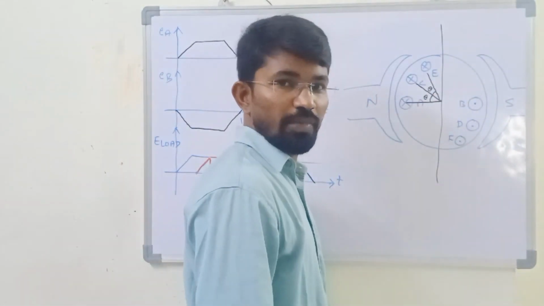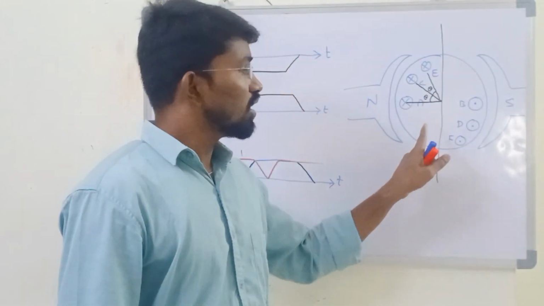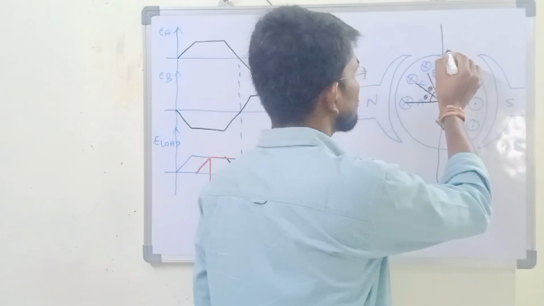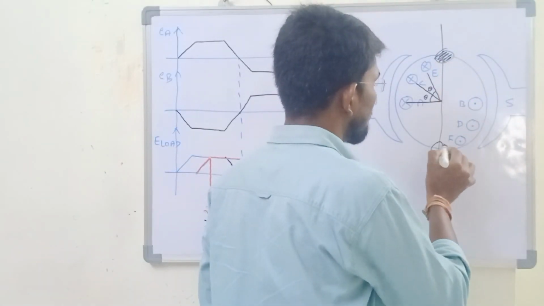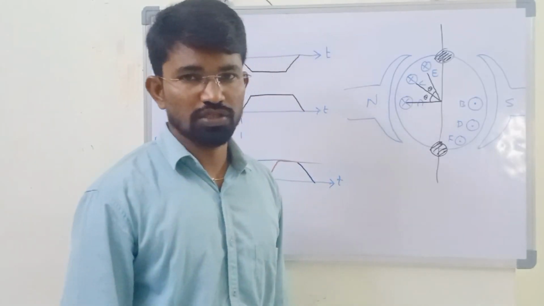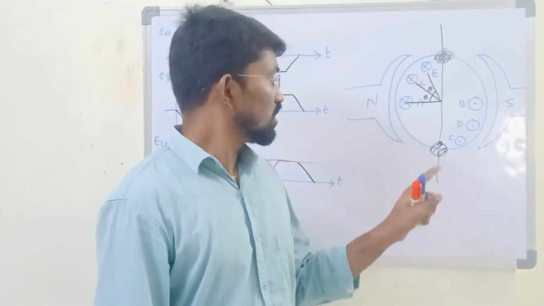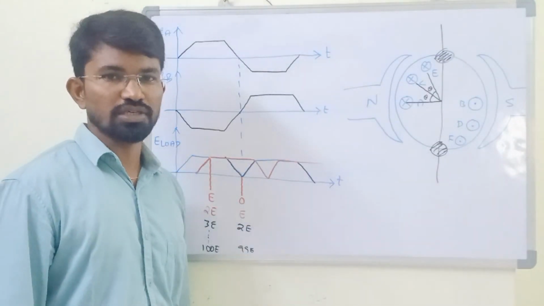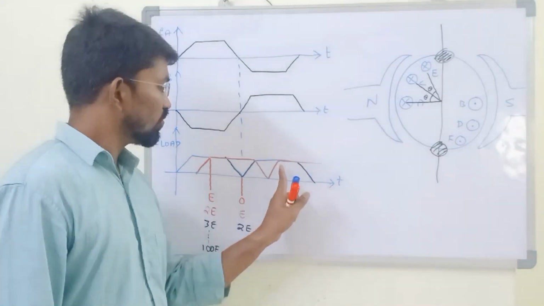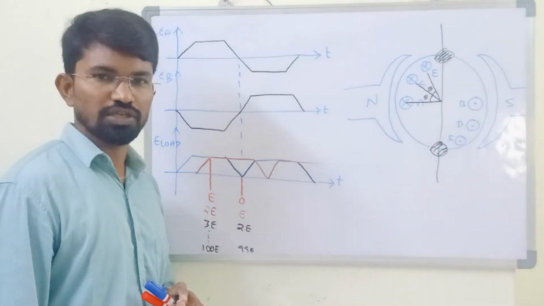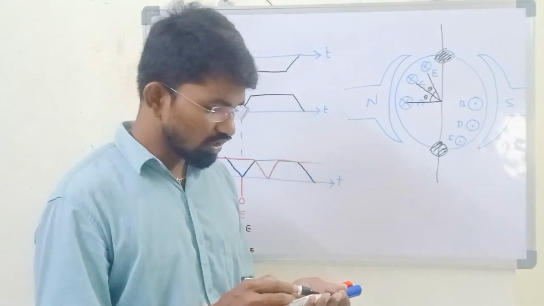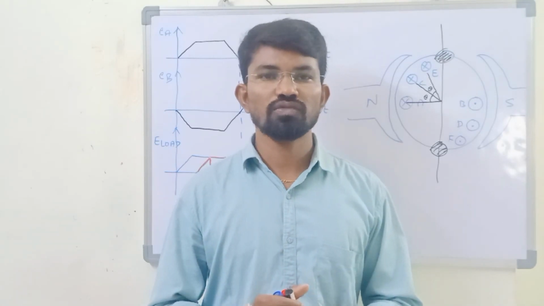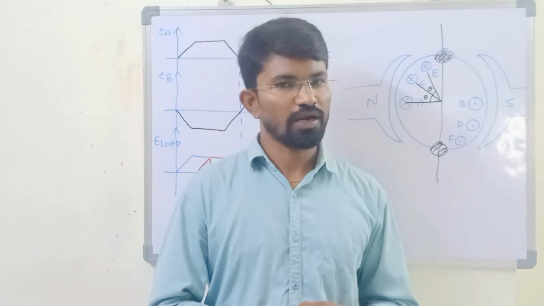This is nothing but the MNA axis, the magnetically neutral axis. That means the axis along which the output voltage of the conductor is equal to 0. Whatever the conductor may be, along the MNA axis it will have an output voltage equal to 0. Yes or no? That means we can reduce the ripples in the output voltage by connecting more coils in series. Yes. So we can get the output voltage like a pure DC voltage. So this is the observation, and this is the commutator and brush action to convert the induced alternating voltage into direct voltage.